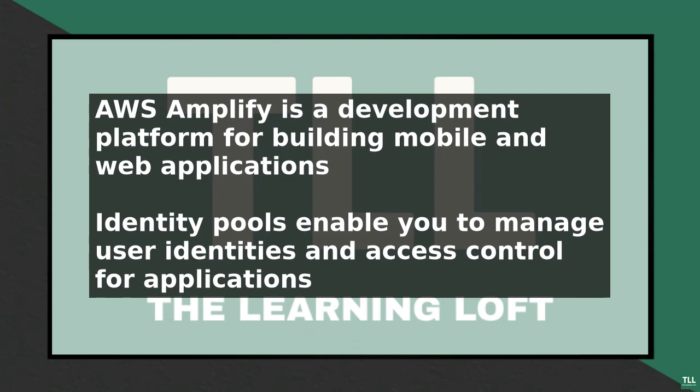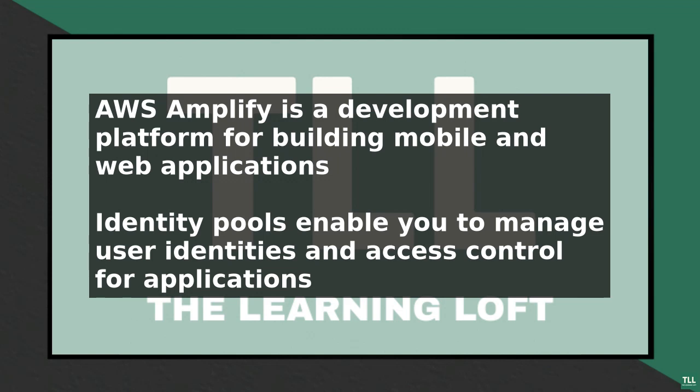AWS Amplify is a development platform that helps you build, deploy, and manage scalable mobile and web applications. One of the key features of AWS Amplify is identity pools, which enable you to manage user identities and access control for your applications. An identity pool is a store of user identities that provides temporary AWS credentials for access